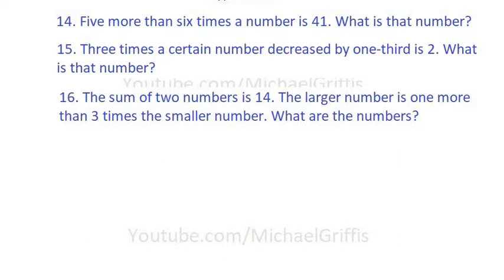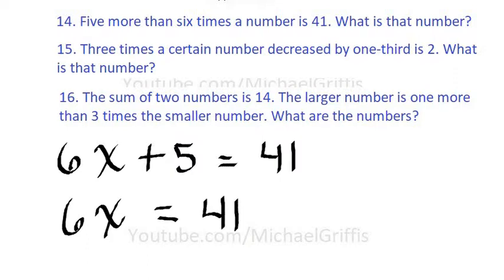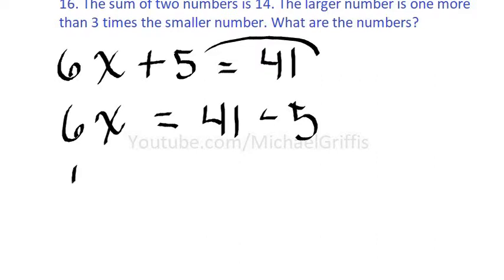5 more than 6 times a number, so 6 times a number, that number we'll let be x, and 5 more than is 41. It's asking what is that number. So in this particular linear equation, we just solve for x. 6x is equal to 41, bringing the 5 over makes that a minus 5. So we're left with 6x is equal to,